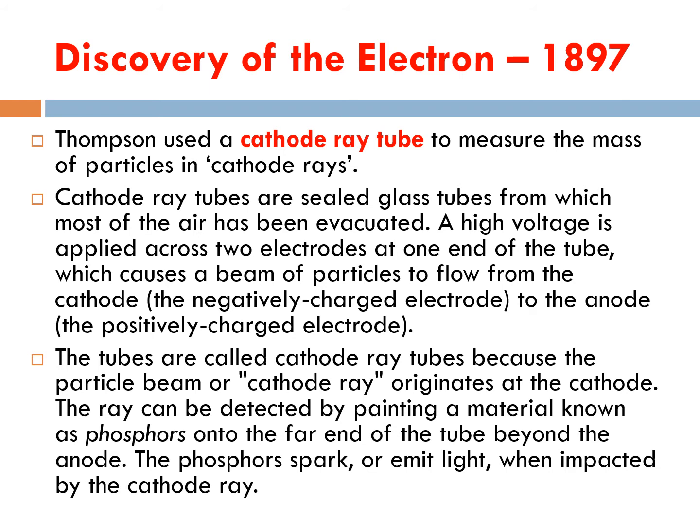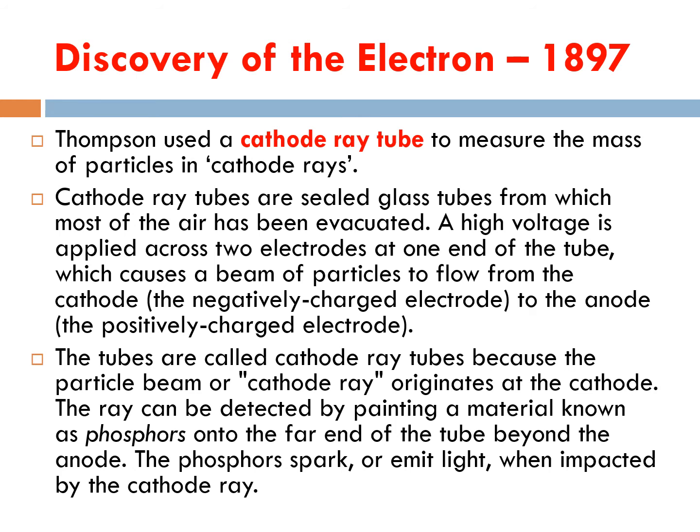A cathode ray tube is a sealed glass tube in which air has been evacuated, and a high voltage is applied, which causes a beam of particles to flow from the negatively charged electrode, or the cathode, to the positively charged, or the anode. These tubes are called cathode ray tubes because the particle beam, or cathode ray, originates at the cathode. This ray can be detected by painting a material known as phosphors, which I can talk about later in terms of glow-in-the-dark stuff,